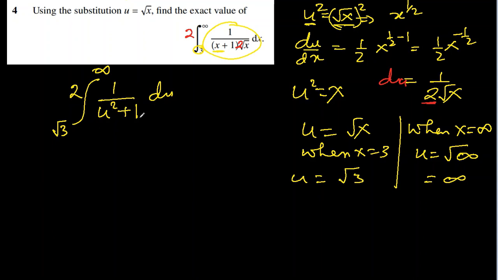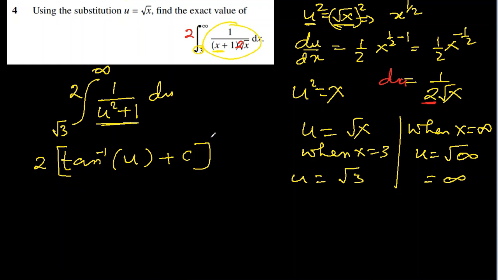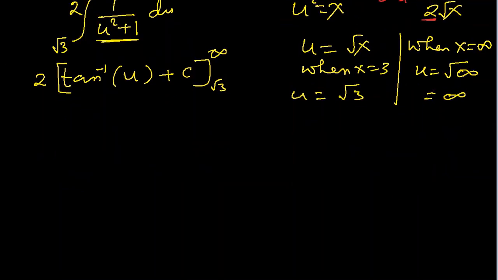And now it is 1 over u squared plus 1 format, and this format we are already aware that it will be tan inverse u. That will be the integration of this particular format, 1 over u squared plus 1. And it is from square root 3 till infinity. So let's substitute the limits into this solution. 2 tan inverse